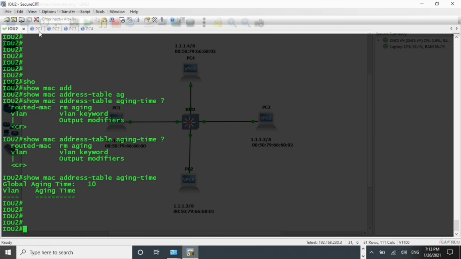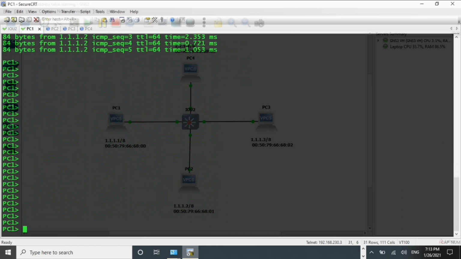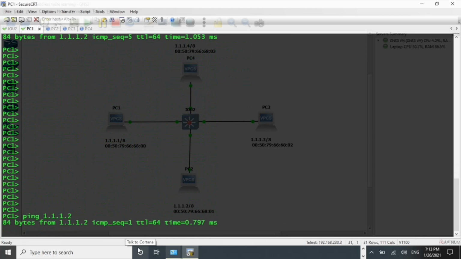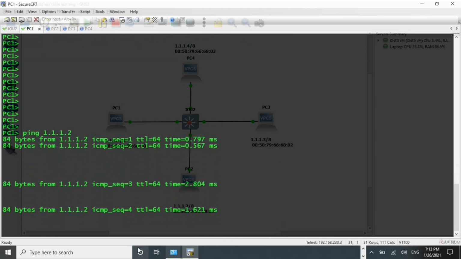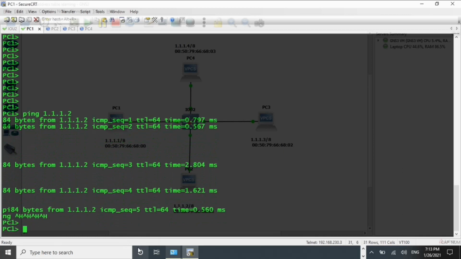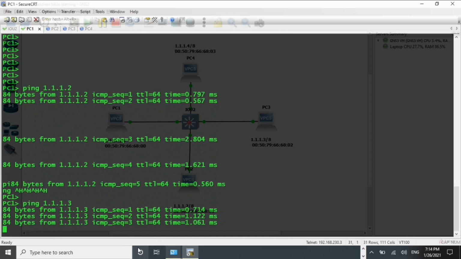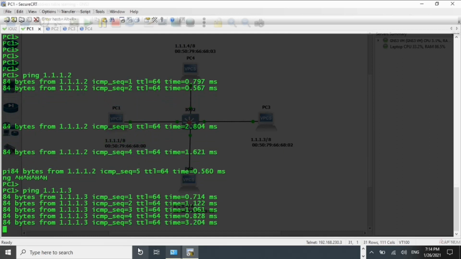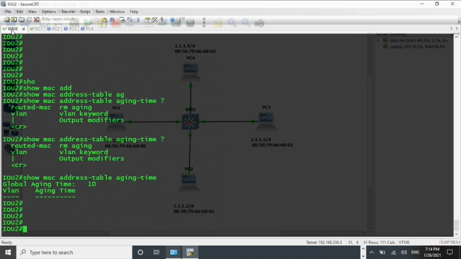Okay, let's see. Ping from this PC to all of these. Ping 1.1.1.2, it's pinging. Three. Four. Now check the MAC address table.